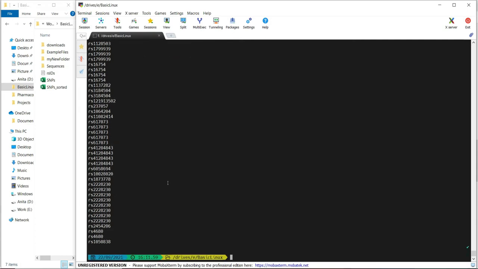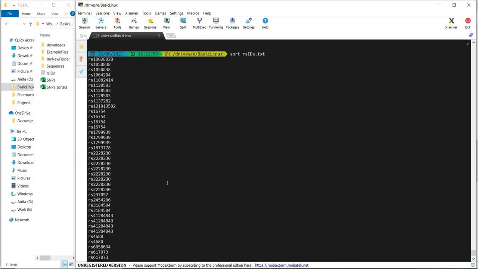Now if I want to sort simply, I will write sort and the file name and press enter. This will sort the file, but it will consider it as text and sort it alphabetically.